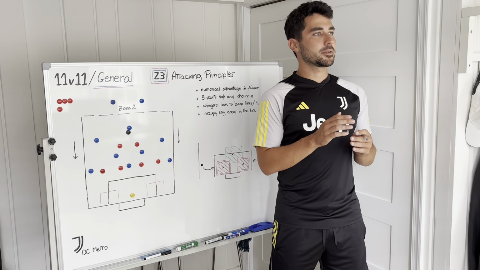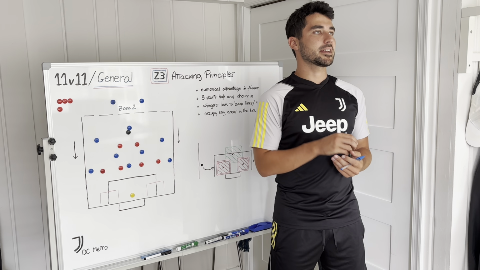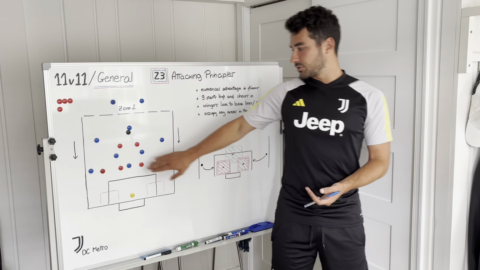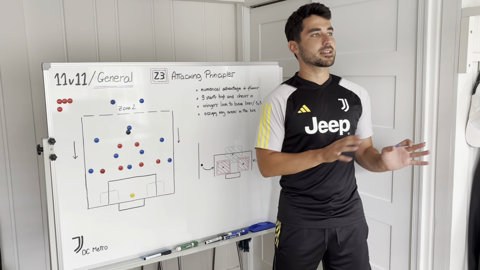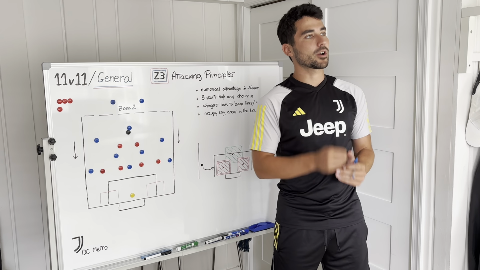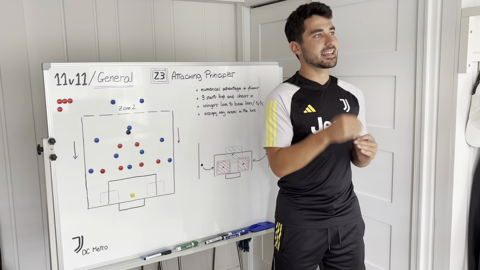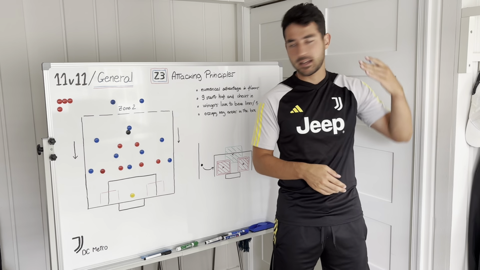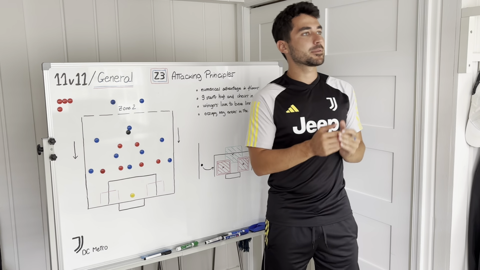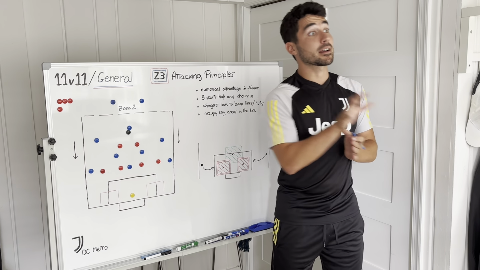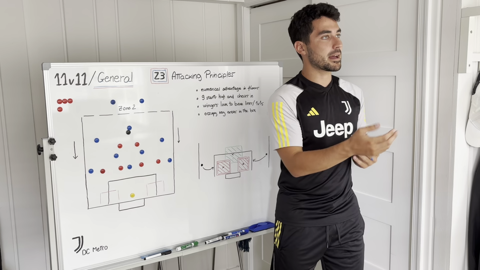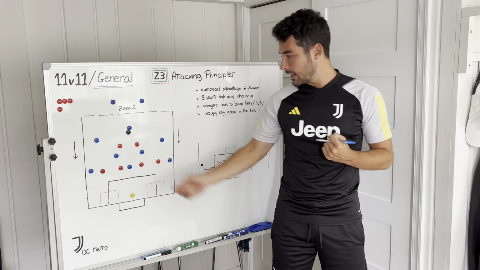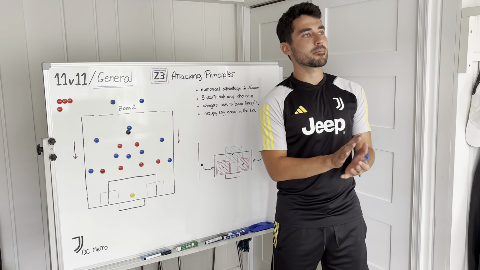The second principle that we want to highlight in the final third is the role of the number 9. So the number 9, whenever we possess the ball in the final third, has to start high, meaning they have to create depth and they have to pin and stress the back line. Sometimes we want to help our teammates, we want to get close to the ball, we want to support, we want to give the passing angle, we want to receive to score, and that causes the number 9 to be